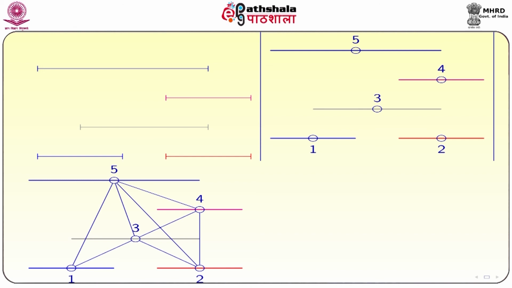If you look at this diagram, in the first part we took 5 intervals. Now each of these is converted into a vertex. So these 5 intervals are converted into 5 vertices, and we put edges according to intersection of these intervals. There is an edge between 1 and 3 because these 2 intervals are intersecting. There is no edge between 1 and 2 because these 2 intervals are not intersecting. Similarly, there is no edge between 1 and 4 also. There is an edge from vertex 5 to all the vertices because that interval is intersecting with all other intervals.